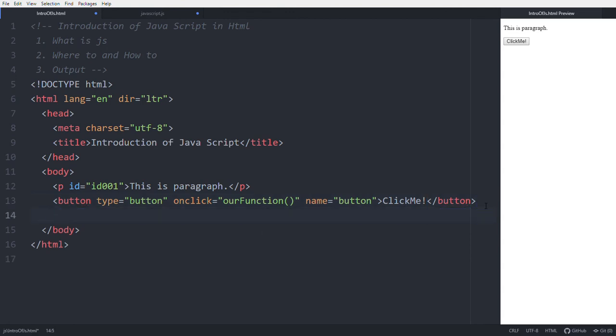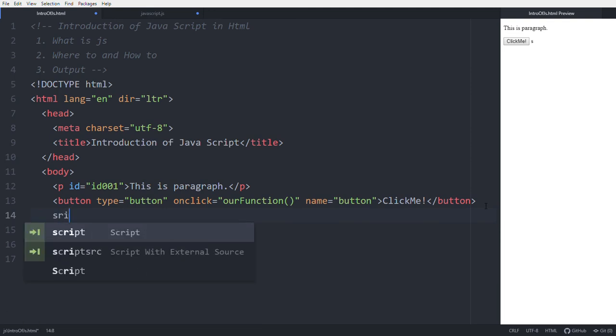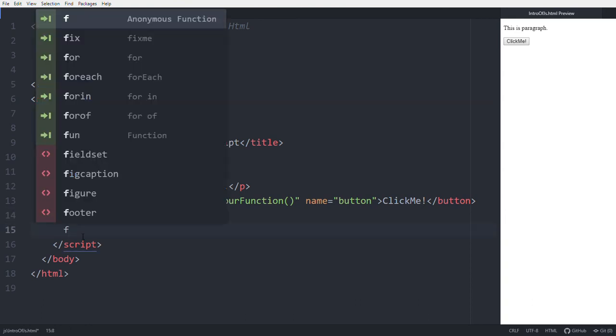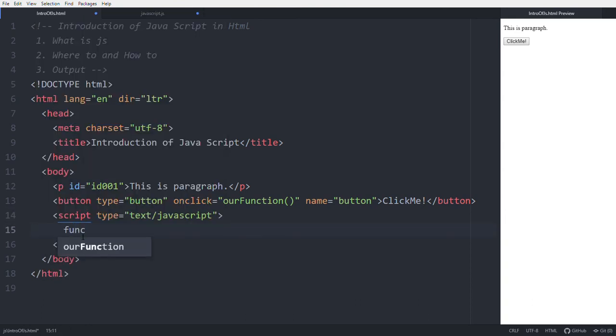So where this function is, write the script. In this script, the function is called with this button. Then this is executed. That is document.